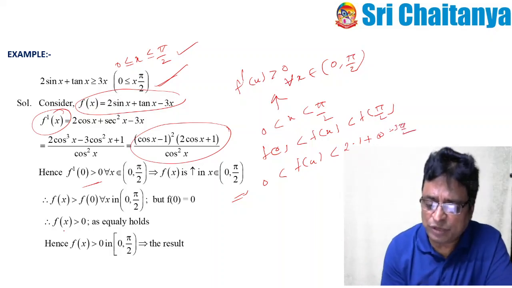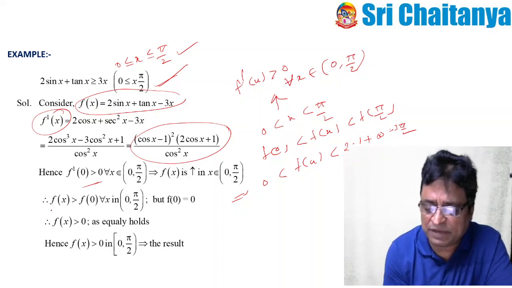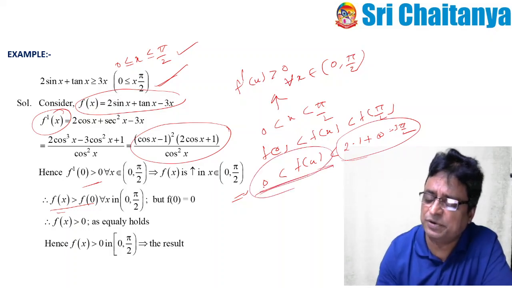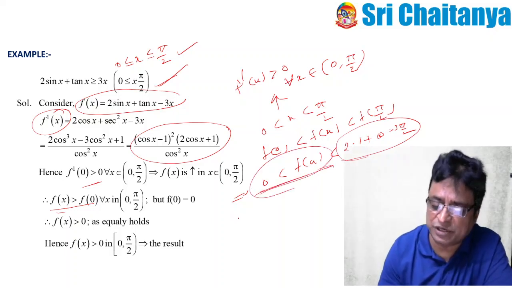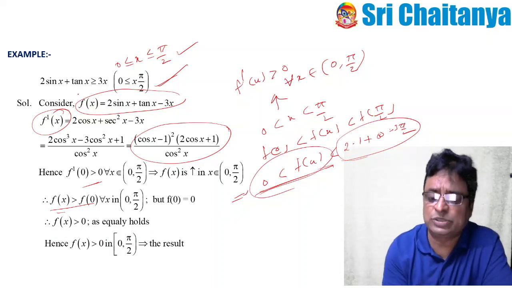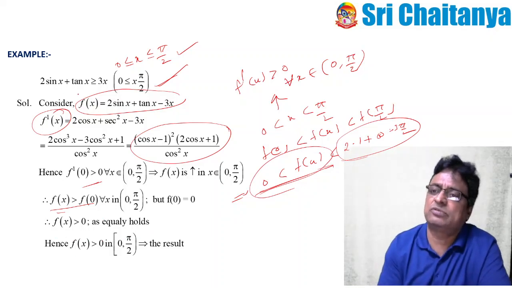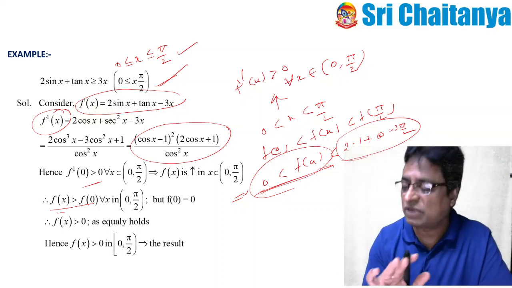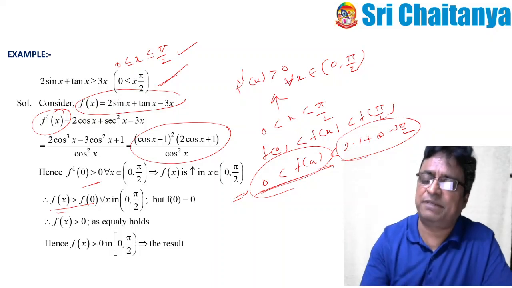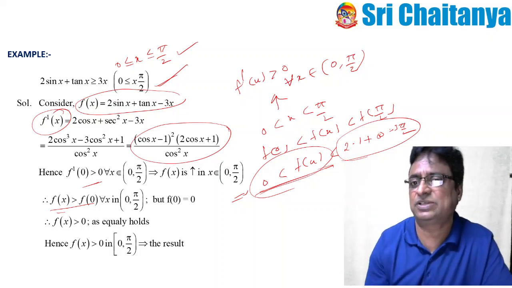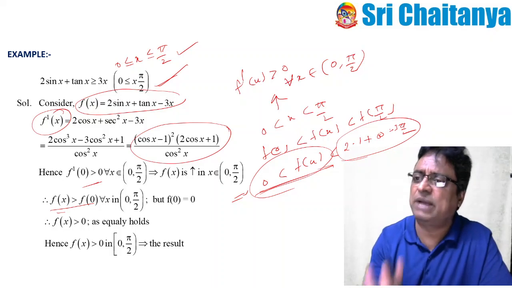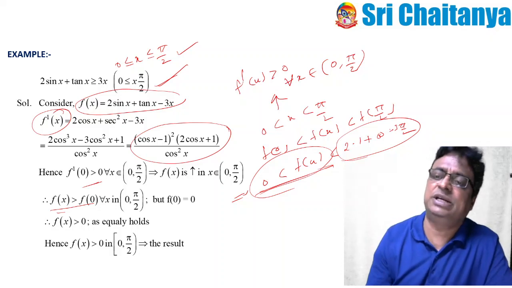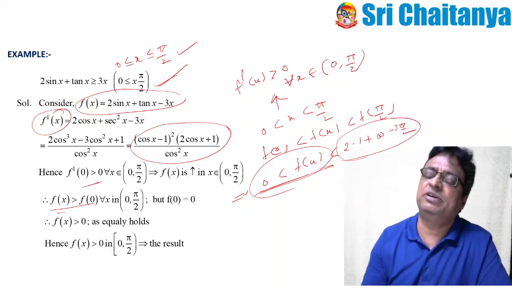Okay. So here, based on f(x) greater than f(0), I am least bothered about this, but my inequality is sufficient to get from f(x) greater than 0 itself. So automatically 2 sin x plus tan x greater than or equal to 3x I can solve. To establish this kind of small-scale inequalities, this is one of the strategies, and different problems like this we will solve in the next sessions. Don't worry, initially I told you I am concentrating on the theoretical part. For establishing inequalities, the monotonicity chapter is very useful for you.